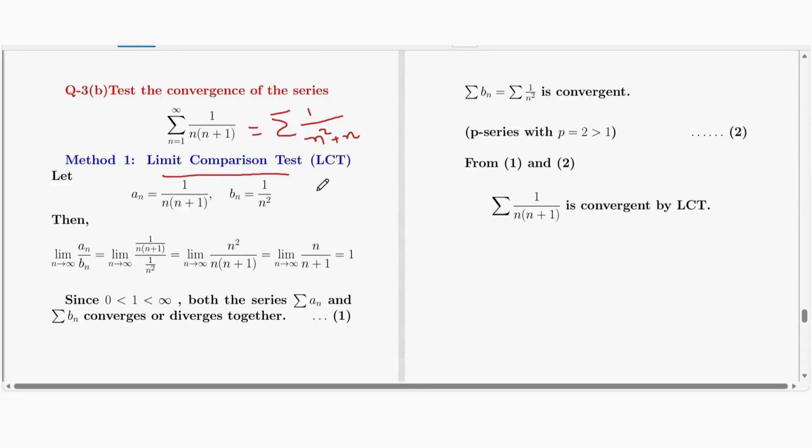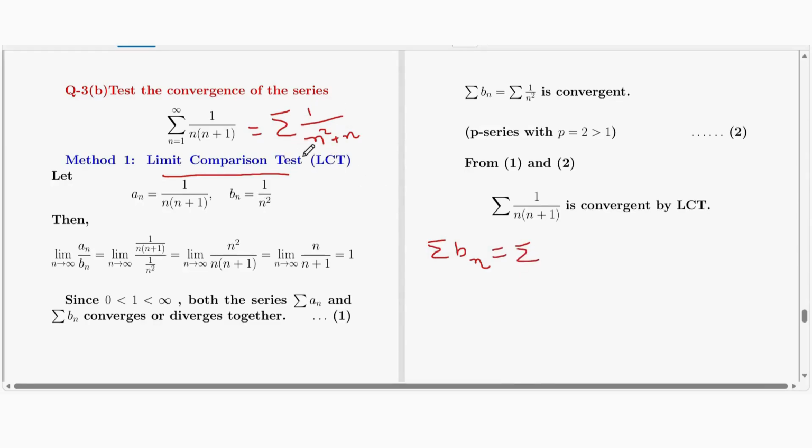So as per the discussion of limit comparison test, first of all, for a given series an, what we need? We need series bn. Okay. This one is my given series an. So what is my an? An is 1 upon n plus 1. Now for this series find bn. Now how to find bn? To find bn,